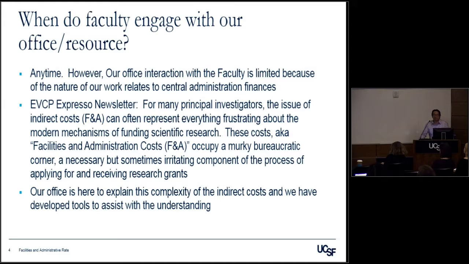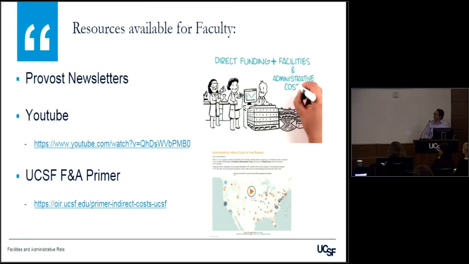So I think our office's charge is to explain the complexity of the indirect costs, and we have developed tools we hope will assist you in understanding. So if we ever get a question about what my grant is paying for, hopefully we can answer that, or we have tools for that. And here are the tools. You just read the newsletter from our provost. He comes out with a newsletter, and maybe every year or so he'll have an F&A explanation to the faculty. But my favorite